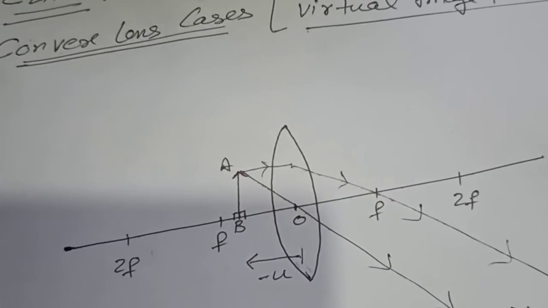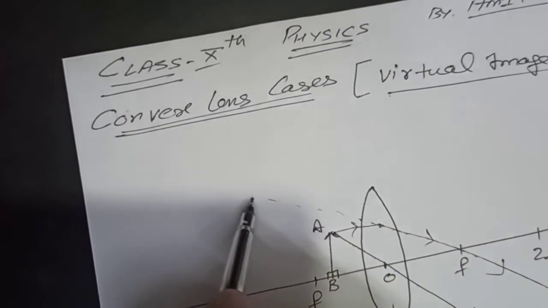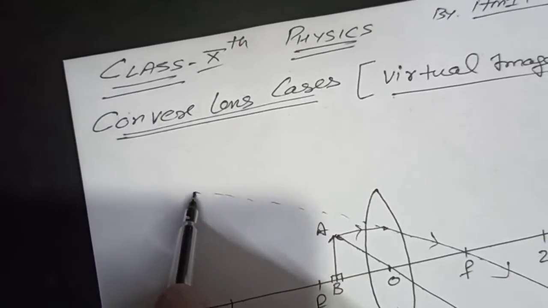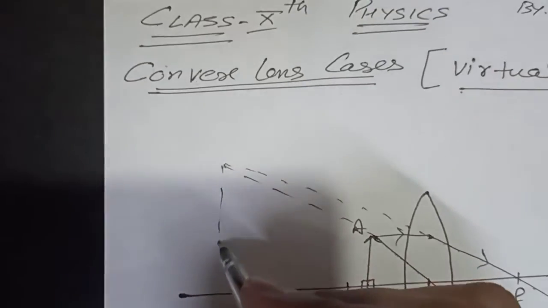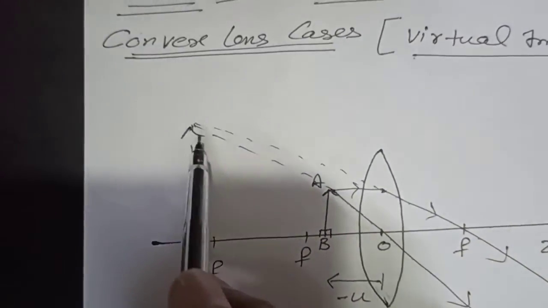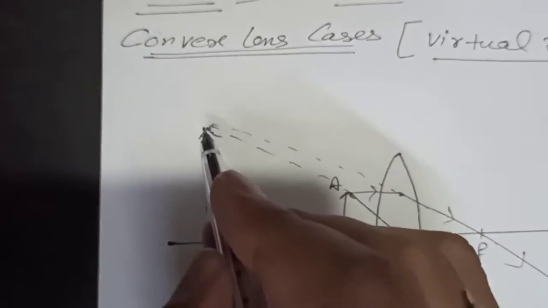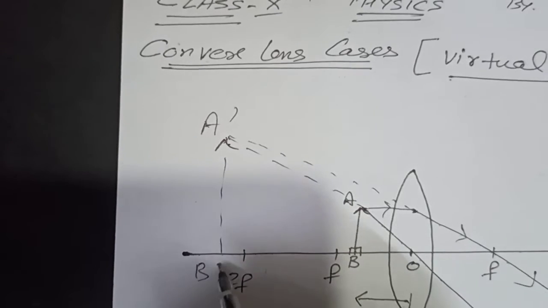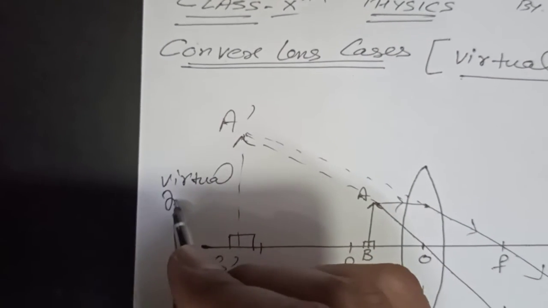So we have to extend these rays in the backward direction. And here we see that both these rays appear to come from this point, and here A dash B dash is the